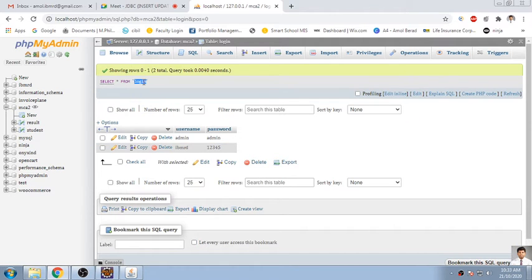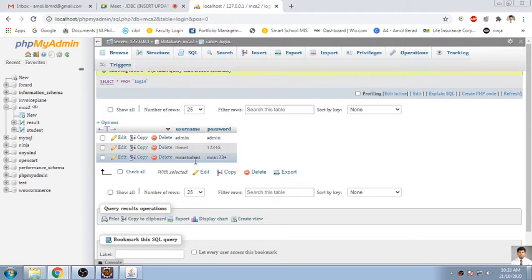So this is my login table that is present in my MCA2 database, and when I refresh this, I will check whether my data is there. Okay, see, MCA student and everything is okay.